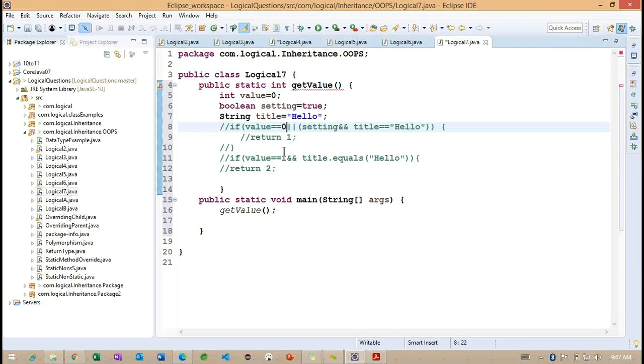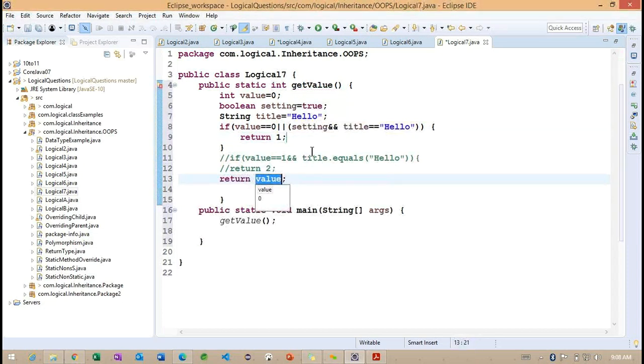Value equals to 0, then the expression will become false, whatever we are trying to write in this first expression, so it's going to check with the second expression. Getting the point. But here what we are doing, now if I enable this, you can understand, as you suggested, this particular expression will become true, and we are going to get the return value.